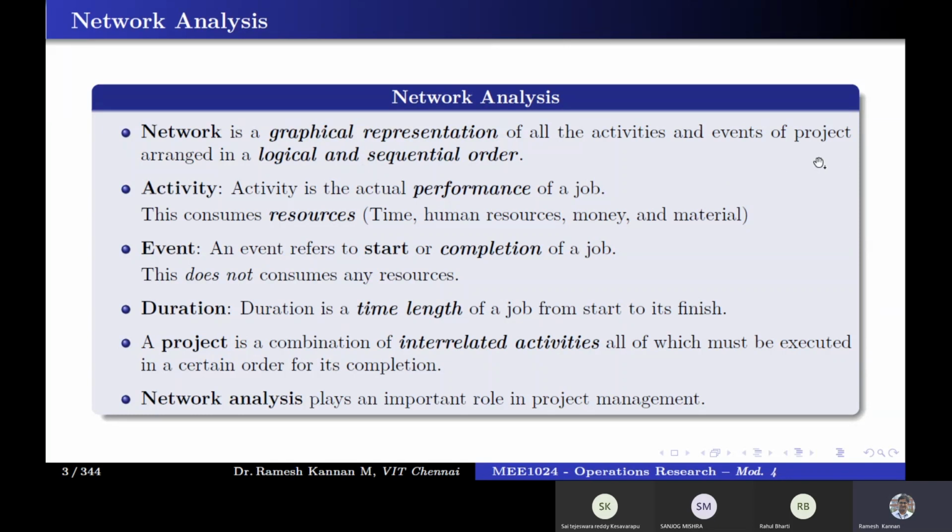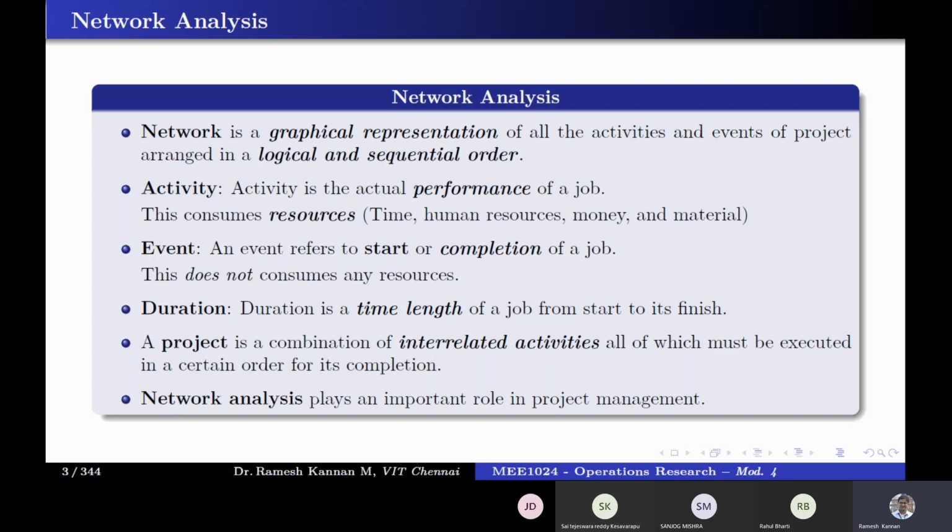It's a graphical form of representing the different events of a project. Then activity is a job that is to be performed. Supposing you have been to some construction site, they might have pasted a long chart from the start of a project to the end of a project. They'll track every day what's happening. It's not only for construction projects. If you look at the mechanical, the manufacturing job, then also they'll have the flow graph. If it is a line assembly manufacturing, then they'll have different lines, something like that.